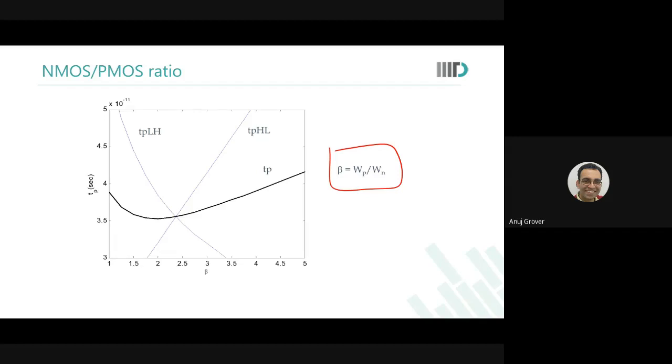In fact, the ideal scenario would be that with every technology node, you reduce the supply to 0.7 of its earlier value, so that all electric fields remain the same. You never enter the short channel effects regime. But that is not possible because you cannot really scale your VT like that.